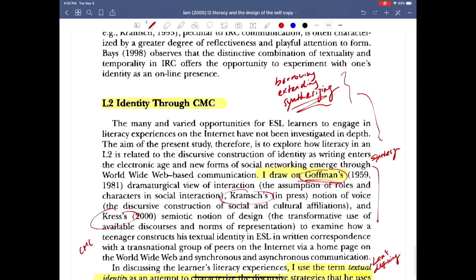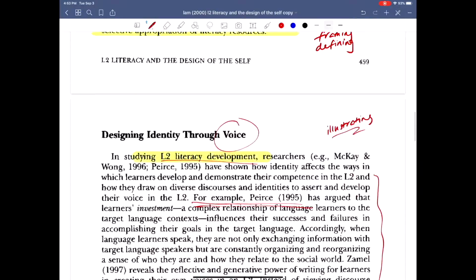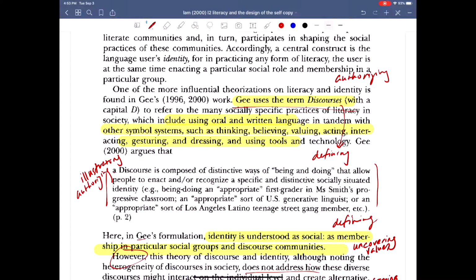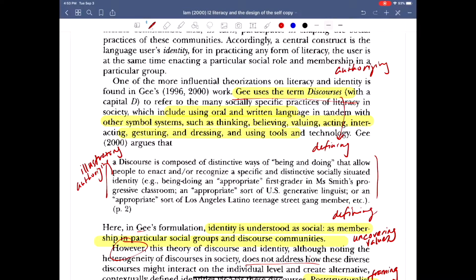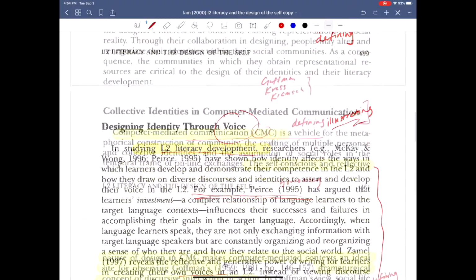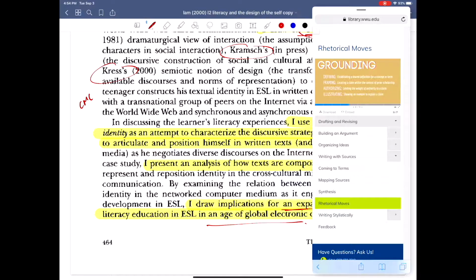Just to step back real quickly, because this video is already quite long. I didn't go through every single sentence to look at all the different moves, but I tried to highlight all the main ones. Hopefully you were able to do a lot of the same things and see how she does all these different moves within her paper to build her framework. And that's basically what a literature review is for, because a literature review is to say, you have this topic and you are analyzing this topic through different people's lenses, which involves defining, authorizing, illustrating.